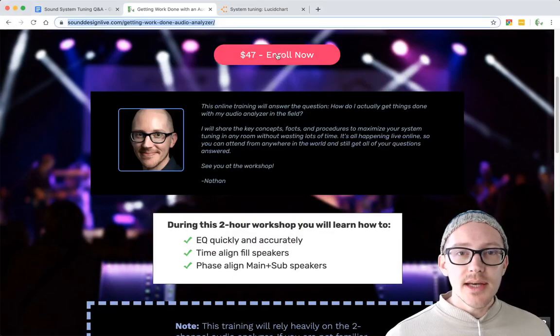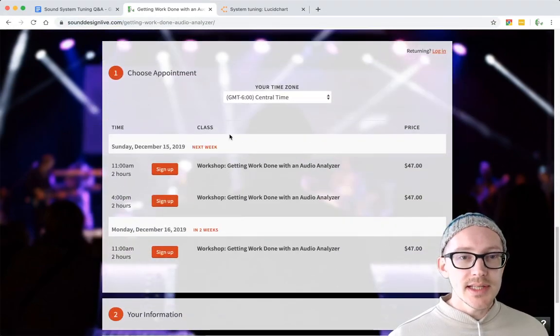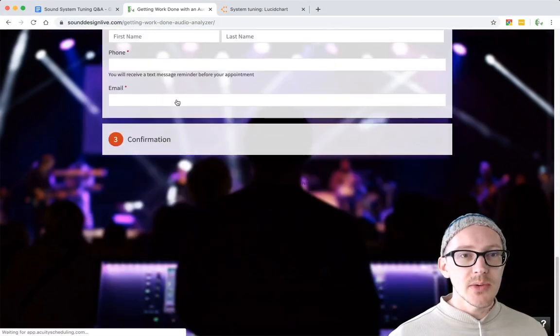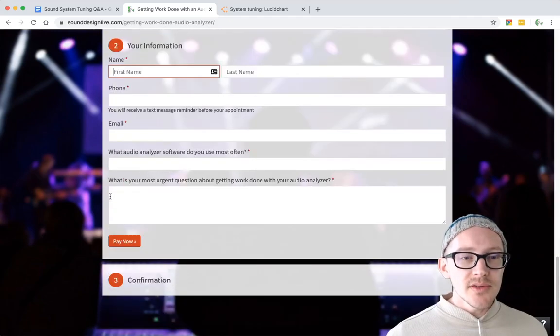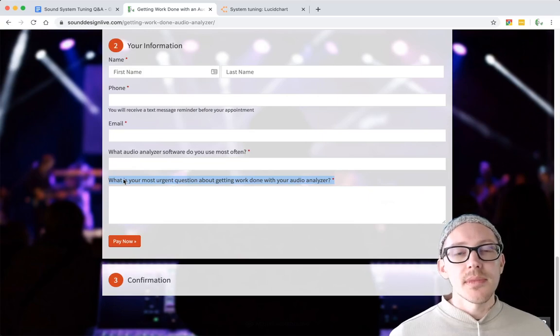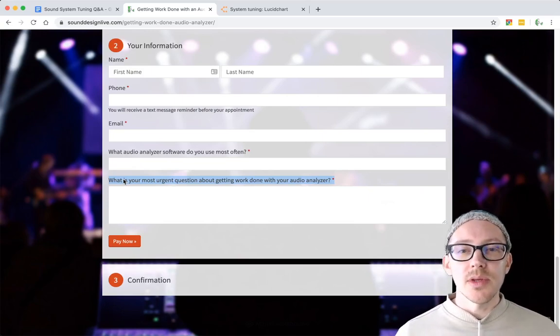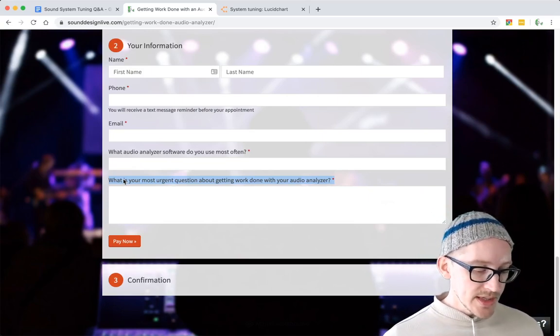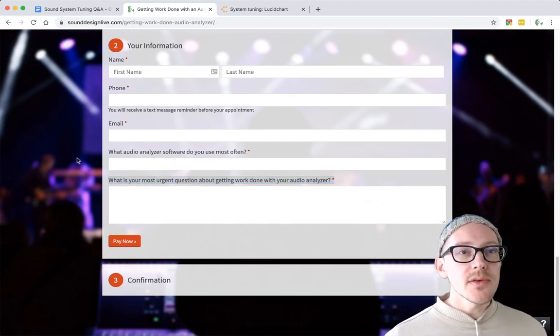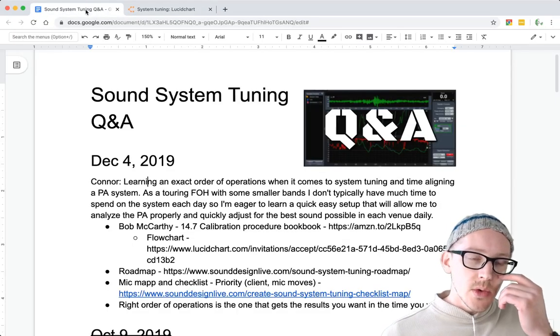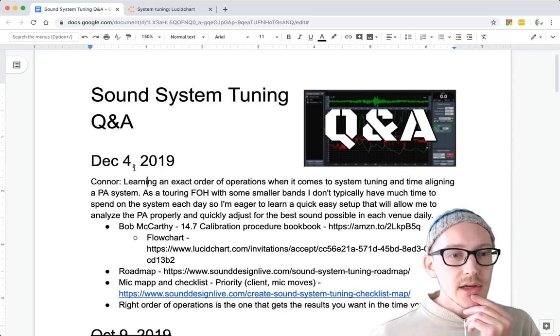But what happens is that when you click to enroll, it takes you down here, and then you pick one of these times, and then you have to fill out this question that says, what is your most urgent question about getting work done with an audio analyzer right now? And I was looking over those questions, and one interesting thing I noticed is that Connor wrote this: